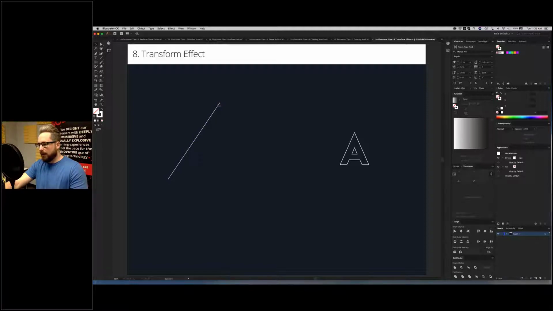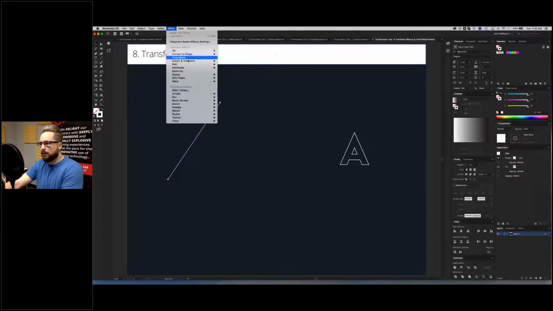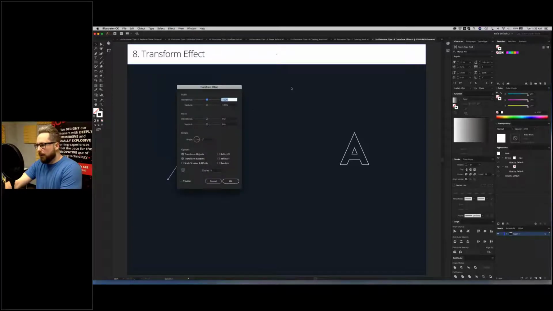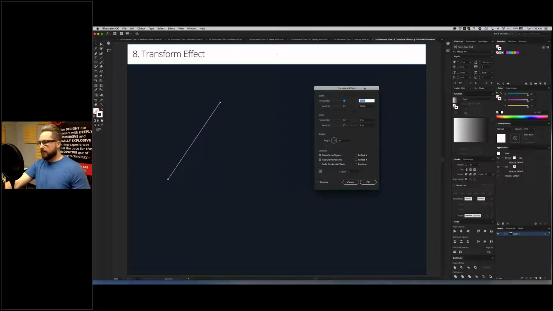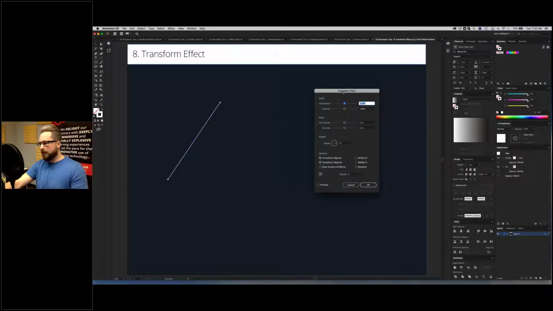So I have a line here. It's a stroke with white that is at 1 pixel width. So I select my stroke, and then to access the transform effect panel, go to Effect, Distort and Transform, and then Transform. Now for this specific example, it's a technique that I've used a lot just to create a line pattern fairly quickly to use in like a background